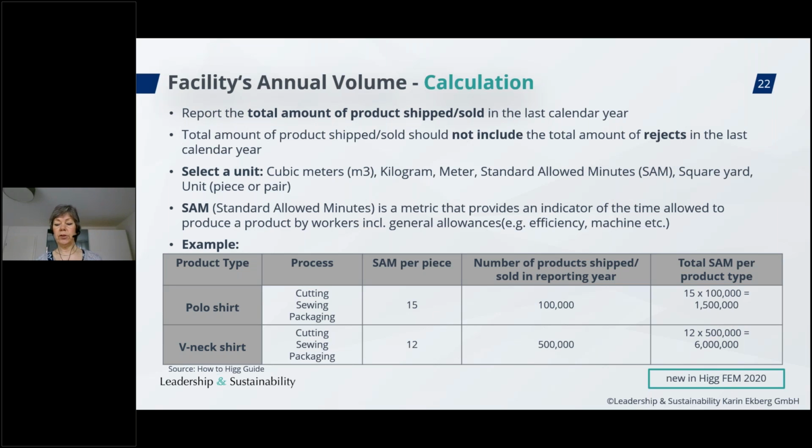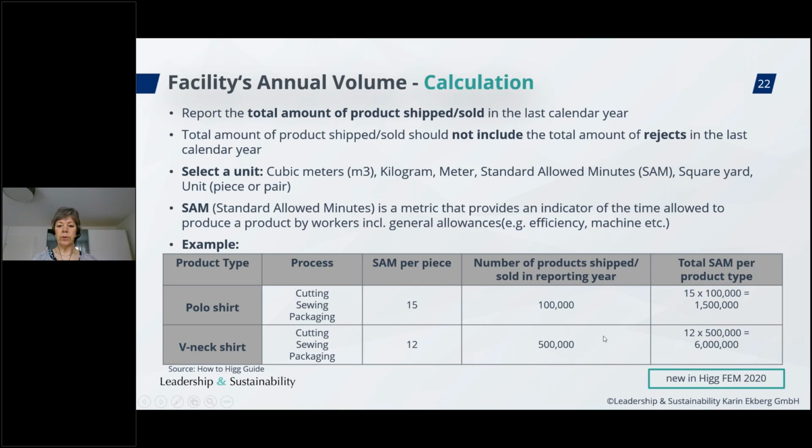And perhaps they are changing year by year. One year you're producing a lot of polo shirts, and another year perhaps you are producing a lot of V-neck shirts. And therefore we have introduced the standard allowed minutes, because if you calculate your total standard allowed minutes per product type and per your factory, then you can actually compare year by year independent of the product types that you have. So in this case, we have for the polo shirt 100,000 products shipped,